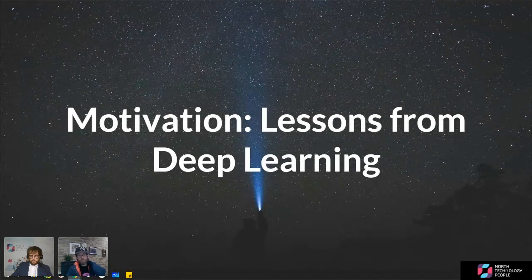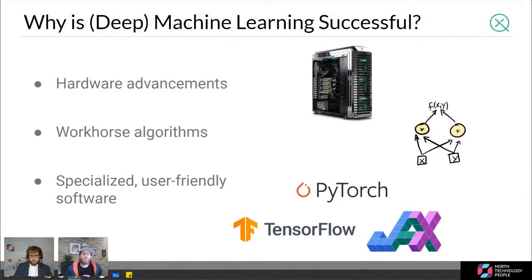So to motivate why you might want to develop a quantum machine learning software library, we can take a look at some of the things that have made deep learning so successful over the past maybe 5 years now. In the case of deep learning, hardware advancements like the development of GPUs really helped propel the field forward because of the reduction in costs associated with training algorithms on something like a GPU. If anyone's ever tried to train a deep neural net on a CPU, you know all about this.